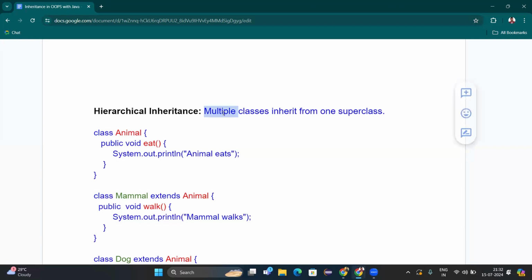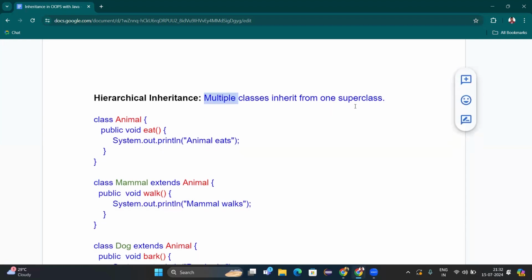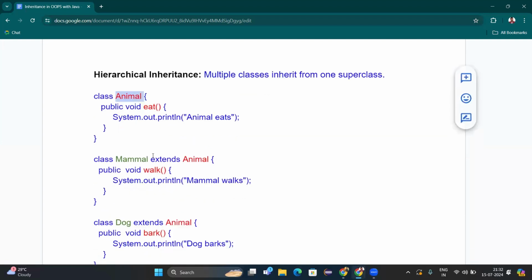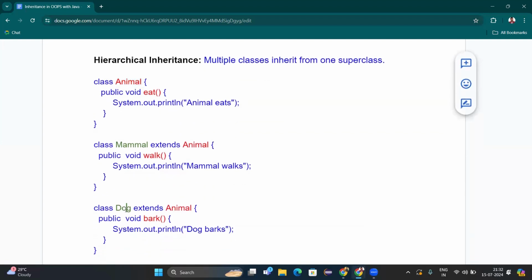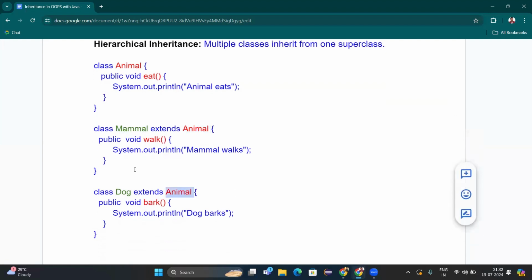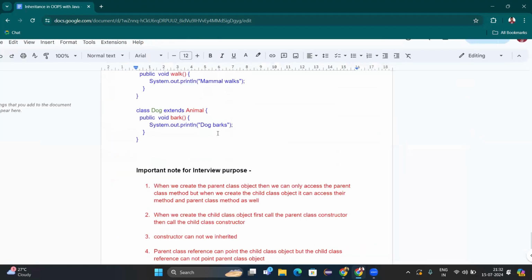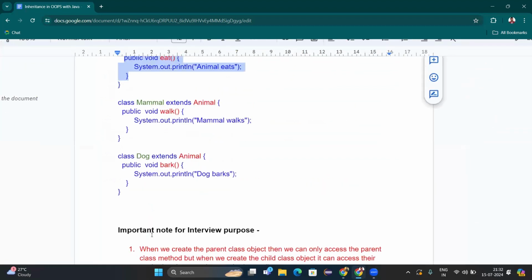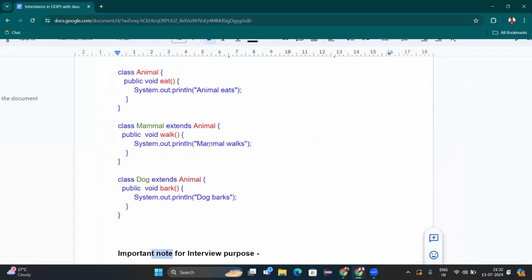hierarchical inheritance, where multiple classes inherit from one superclass. So here there is one superclass and multiple child classes, like the multiple subclasses of this superclass, Dog and Mammal. Okay, so Mammal also extends Animal, and Dog also extends Animal, so both extend the Animal class. When we create a Mammal object, we can access this eat method and this walk method also, and when we create the Dog object, we can access this bark method and this eat method also. So let's see the example, and after that we will understand some important notes for interview purposes. Okay,